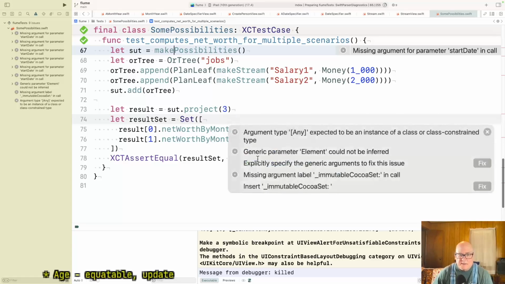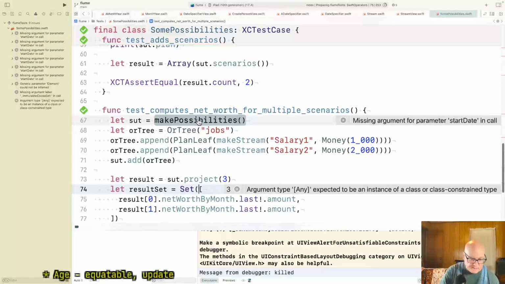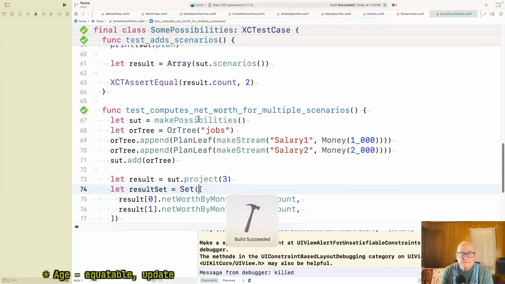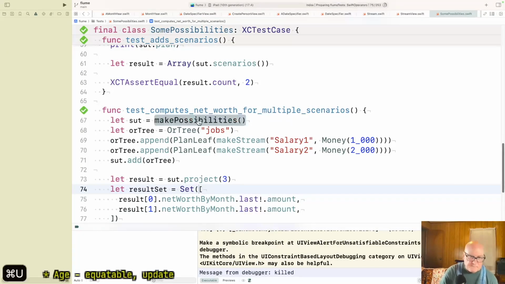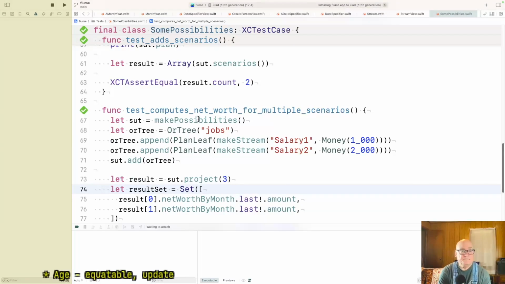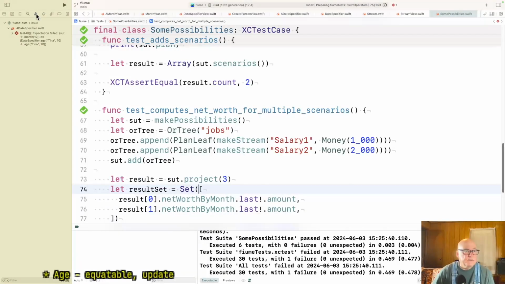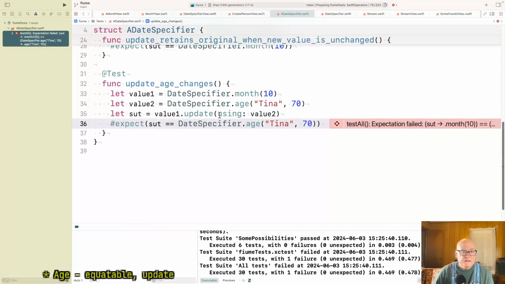Not sure what that's about. Hopefully the rest of it fixes that. All right, is that a good failure? Yes. Okay.